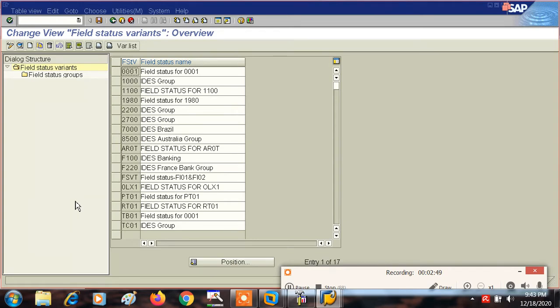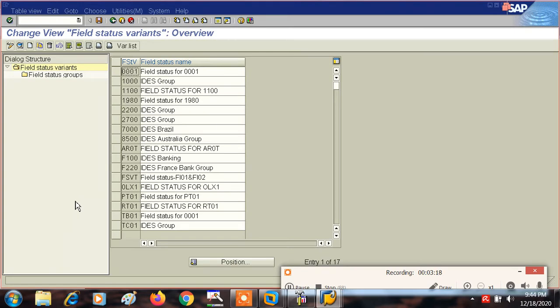Actually, field status is a group of fields which we require to attach to different GL accounts at the time of making their master data, right? When we make master data of different general ledger accounts, at this time we are required to attach a group of fields to each and every general ledger account, right?